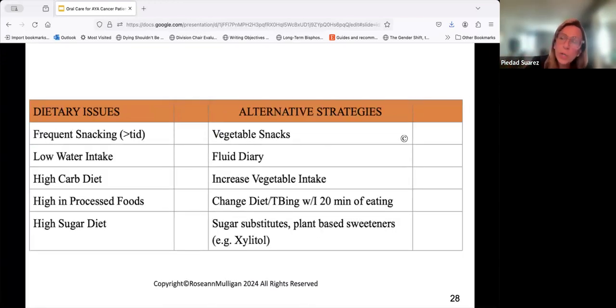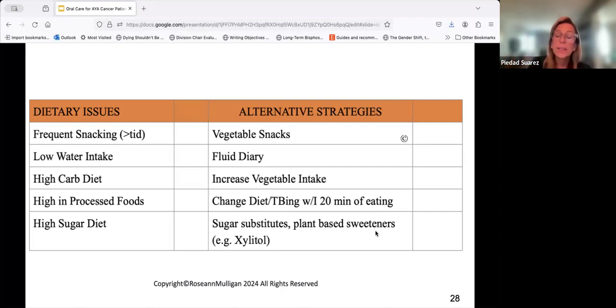And we talk about the importance of nutritional counseling, and if you are snacking frequently, try to do it only 3 times a day. Try to have vegetable snacks if it's possible for your mucosa. Now there are a lot of different dips and hummus that are vegetable based. That's another option. Of course, you don't have to eat the chips, because remember, the chips may hurt you. If you have a high-carb diet, try to increase the vegetables. Try to avoid processed food,